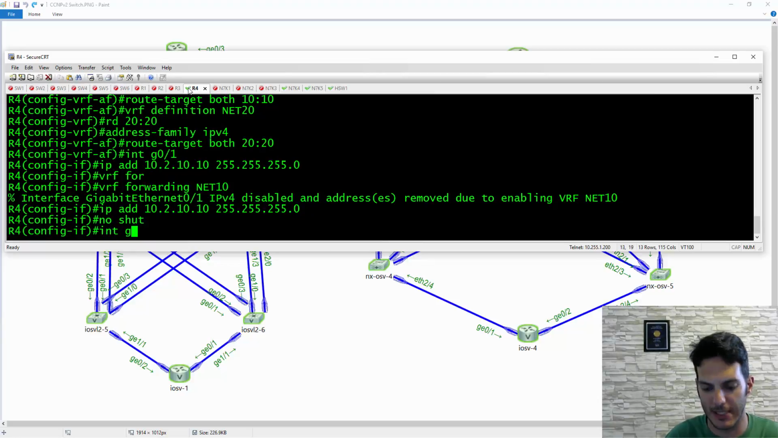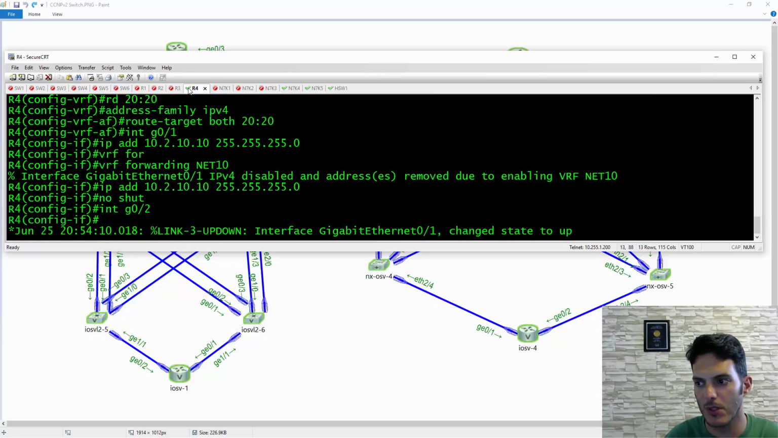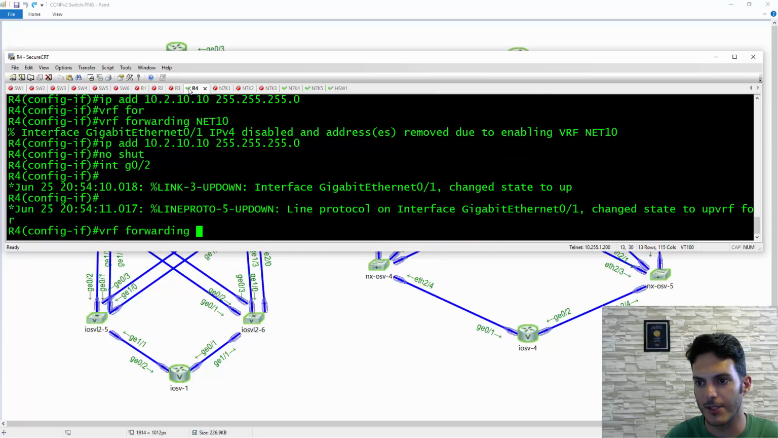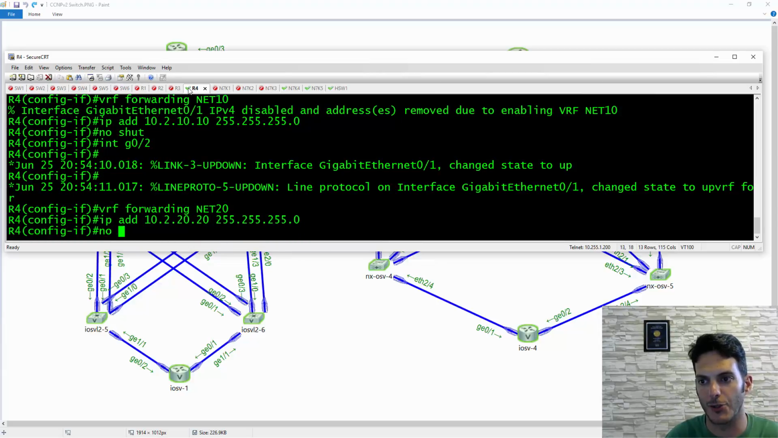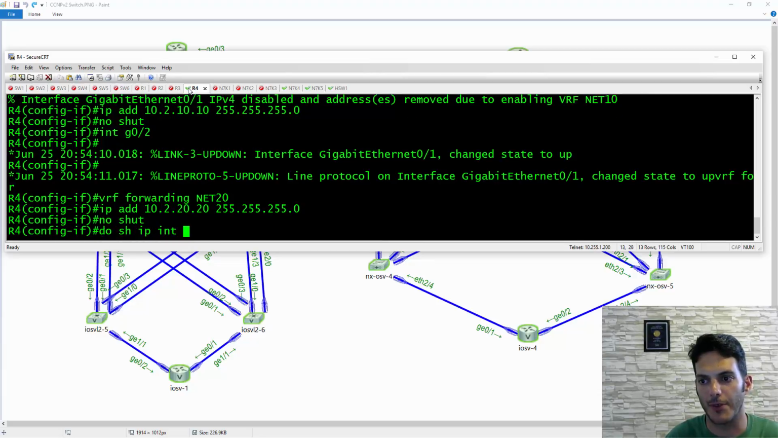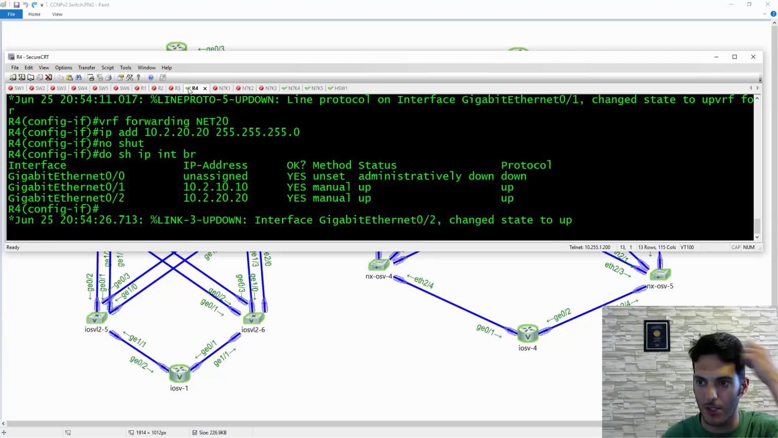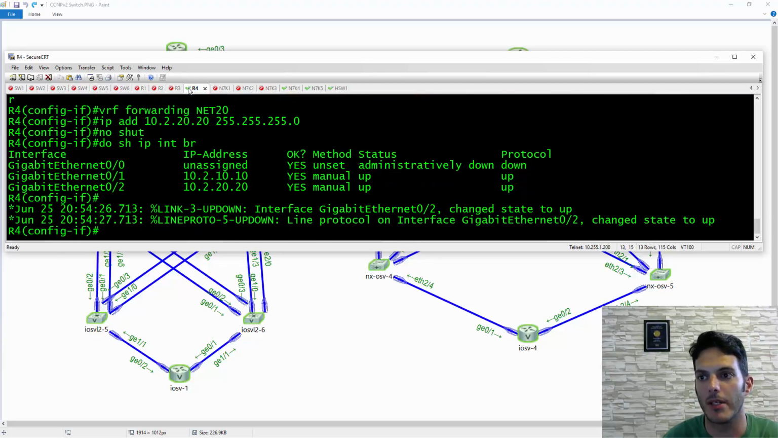And we're going to type in interface gig 0/2. VRF forwarding is going to be net 20. And then the IP address is going to be 20.20 here, and no shut. Do show IP interface brief. And there we go. So we won't be able to connect anything, but now if we go back over to the Nexus side,